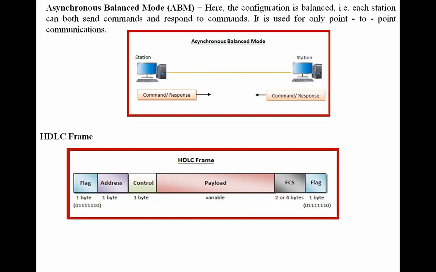What is the difference between fixed and variable? Fixed is nothing but you are sending 100 bytes of data. That is fixed. You have to send 100 bytes of data. Variable is nothing but this 100 bytes of data is divided into 5 parts of 20 bytes: 20 byte, 20 byte, 20 byte, 20 byte, and 20 byte. That can be divided into different numbers. So that is what variable is. We are sending the variable data over here.